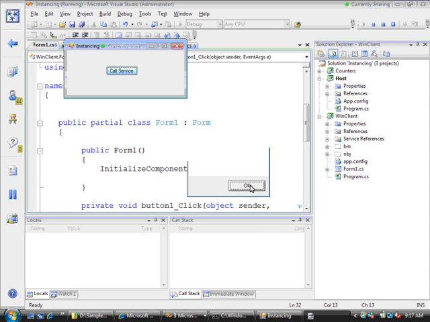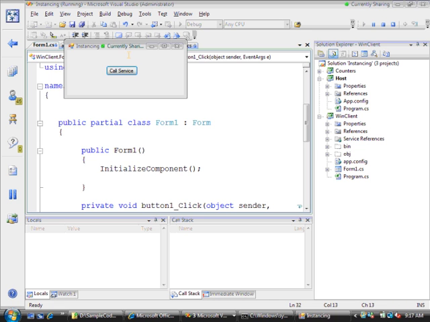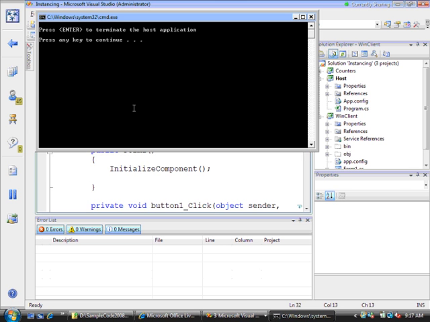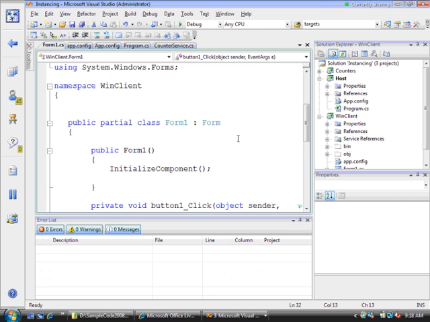Okay, so we've incremented the counter again. Notice there is no session ID because we don't have a session with the service, right? And we're using basic HTTP binding, which is a stateless communication protocol that does not support sessions anyway. Now, I made that point for a reason, because what I'm going to do is take the same code that